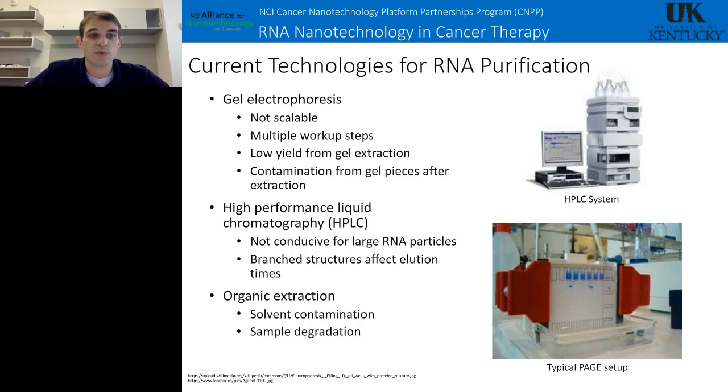A lot of the particles we make, as you will see later, are branched. The RNA itself is pretty flexible, so it can adopt multiple conformations. This will affect its elution time off of the column, and you'll end up with a low yield because you miss your fraction collection, or you will get an impure product, which is a big concern when we're trying to get reproducible results, especially in vivo.